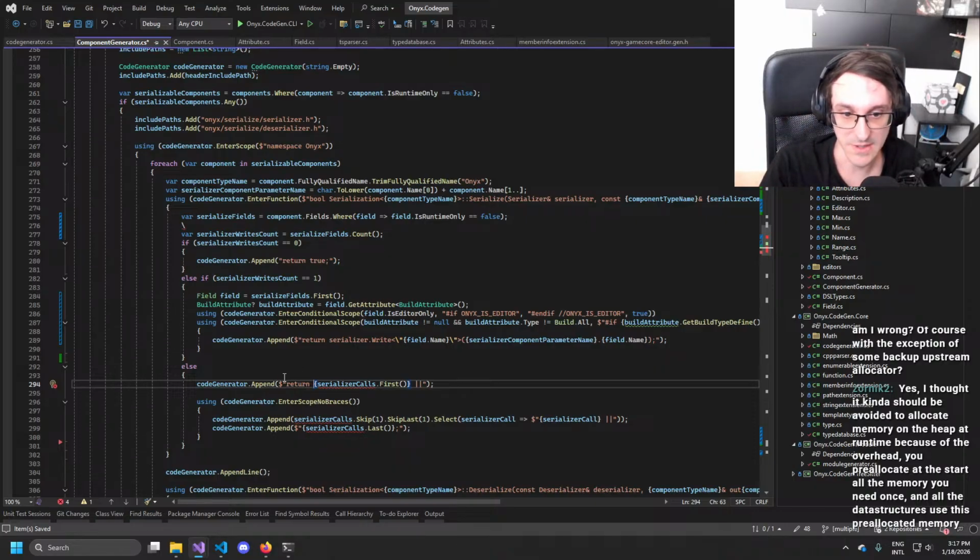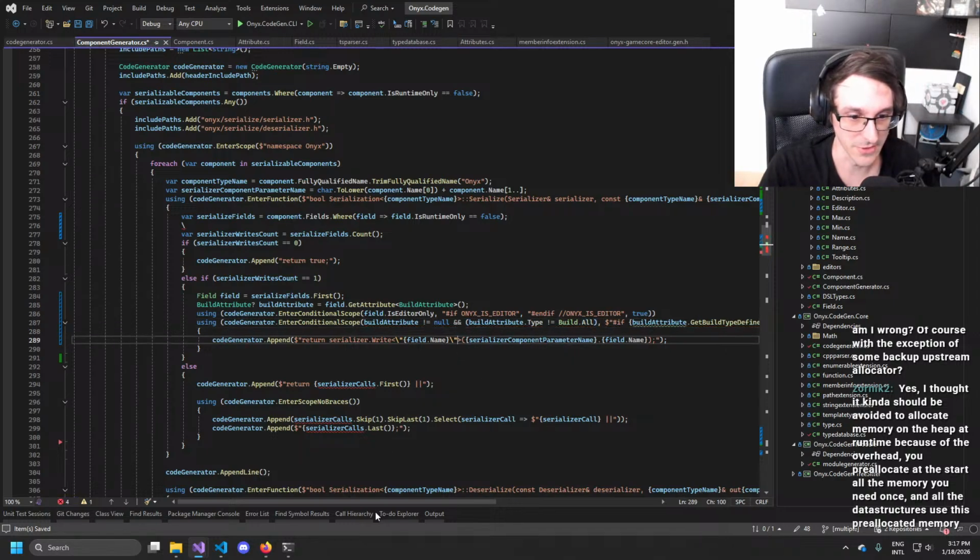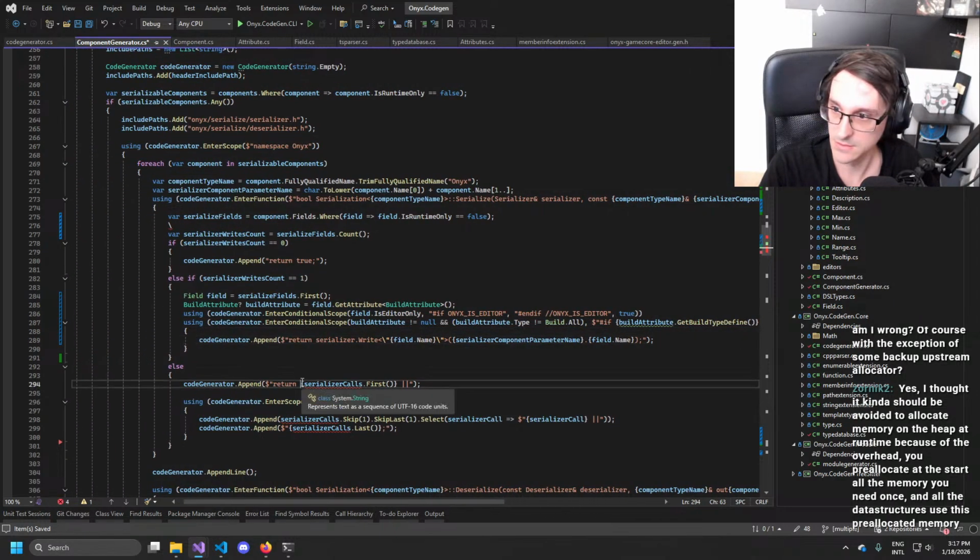I have not worked in any engine where we had fixed allocations yet. There are, of course, lower levels where that happens to some extent. For example, for rendering, you might have fixed buffers and fixed allocations.